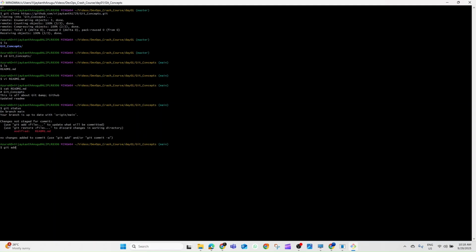You use git add. Usually, you can mention a file name here, readme.md. But if you have hundreds of files where you made changes and you wanted to commit all of them, you don't need to add all the file names. You just use the dot symbol. Okay. So this will add the files into the staging area. Now, if you see git status again,